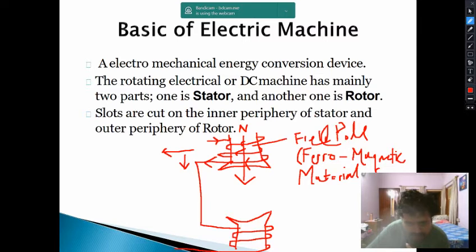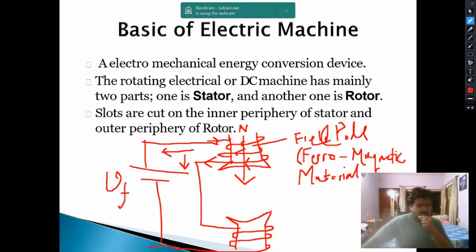So this current flows through the other pole the way it is connected like this, and here you are giving the supply, which is known as the field supply, VF. So this is the positive terminal, so it will be flowing like this and it will come over here. So here what will be the direction of the current, so it will flow like this through the back, like this and like this.